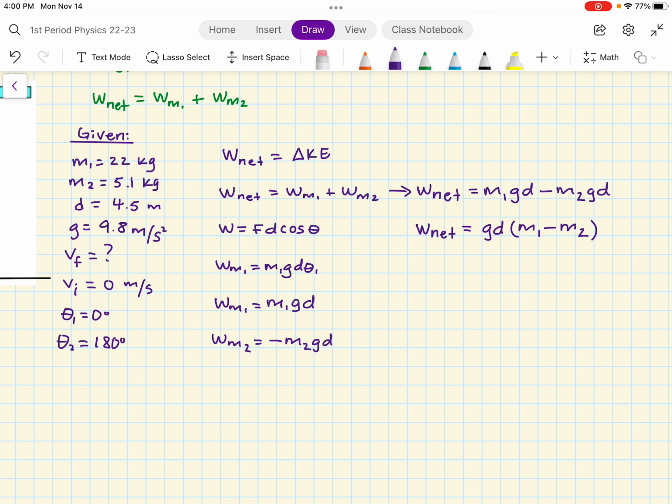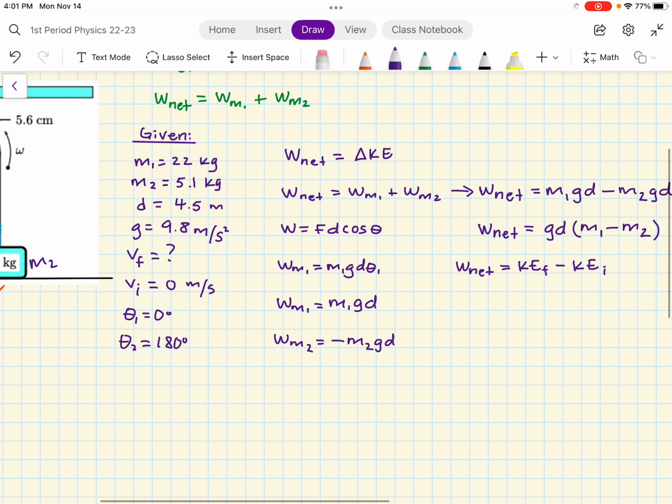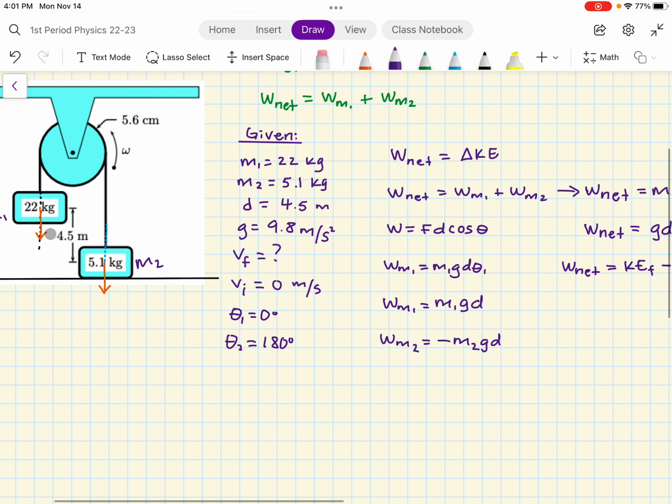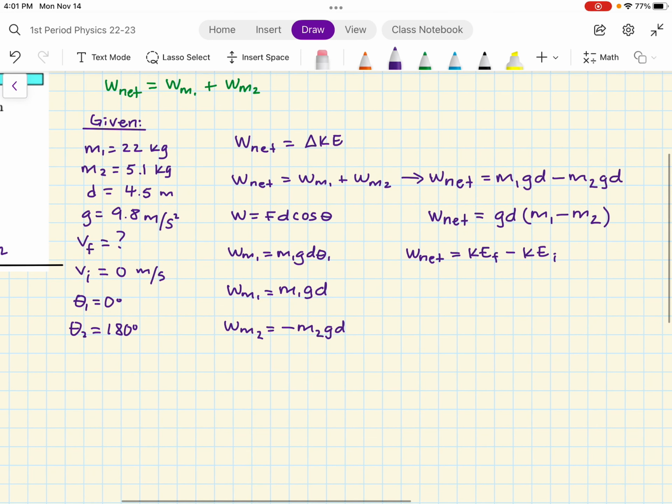So in this case, we have net work is equal to the change in kinetic energy. So that means kinetic energy final minus kinetic energy initial. Well, we know that the initial kinetic energy of the system is 0 because both masses start from rest. But if you don't see it, that's okay. Let's write our equation. One thing to note is that the kinetic energies of the system are based on